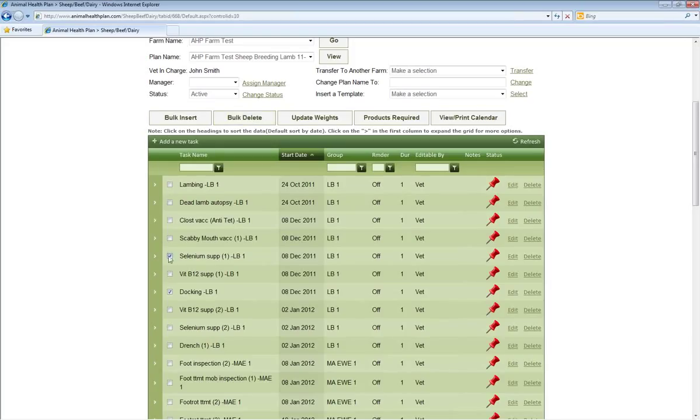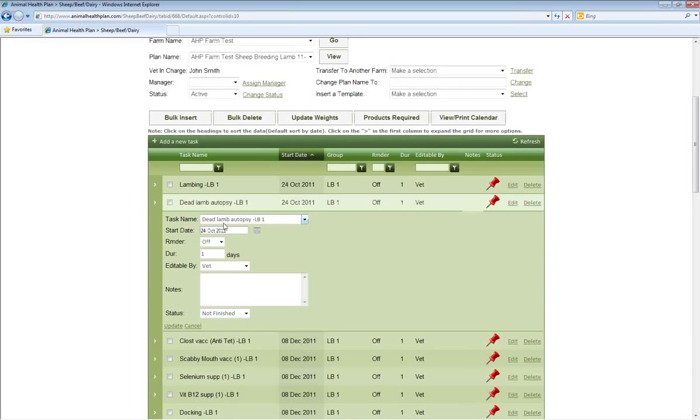As well as deleting and adding, you'll also want to be able to change dates on tasks. So if you go to that task and click on the edit button, you can then go through and change dates, set reminders, and also mark that as done. So if we wanted to change this to the 25th, we can just drop down the calendar and choose the 26th, sorry, and we can also mark that as finished. When we go update,